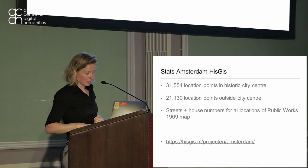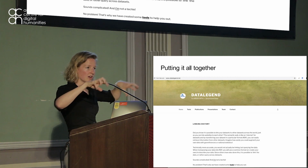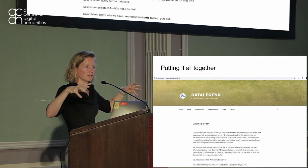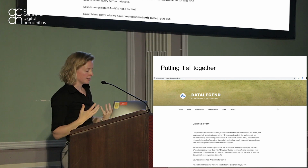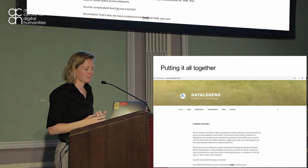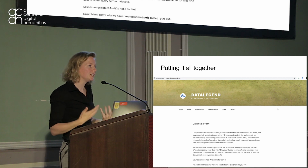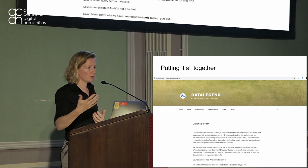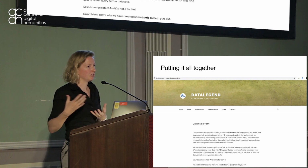Then we need to put it all together, of course. So we've created all these RDF datasets, so we've created all these datasets in the format of the Semantic Web. And then in CLARIAH, we've created this tool called Data Legend. It still requires a little bit of knowledge, but we really try to make this as user-friendly as possible. You can create your own RDF out of your database, or